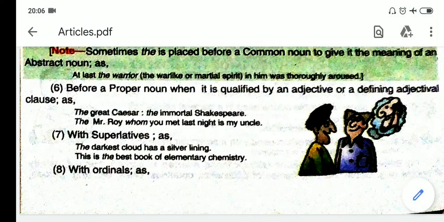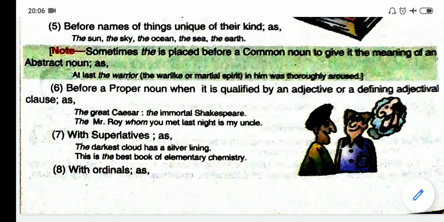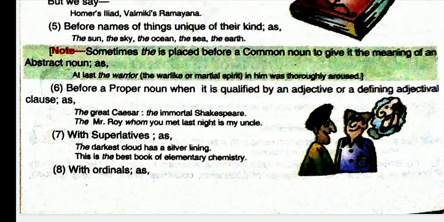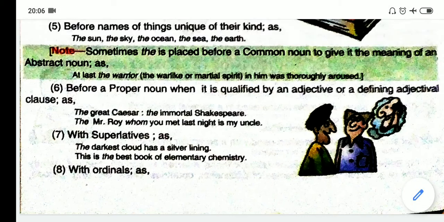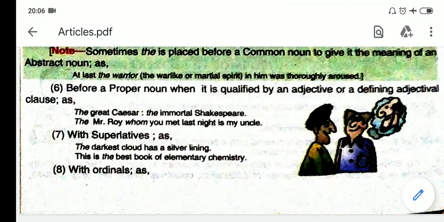Proper noun. The great Caesar. Caesar is a proper noun. We have used the only if it is qualified by an adjective. In this case, the adjective is great. The great Caesar. We will not say the Caesar. We will say the great Caesar because it is qualified by the adjective, as you can see. Qualified by an adjective. So when a proper noun, Caesar, for example, is qualified by an adjective, great, or any